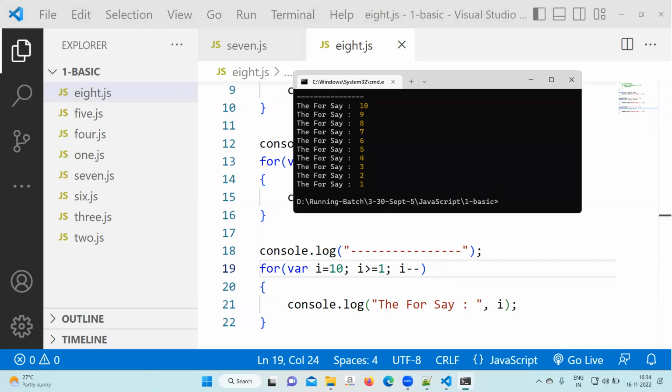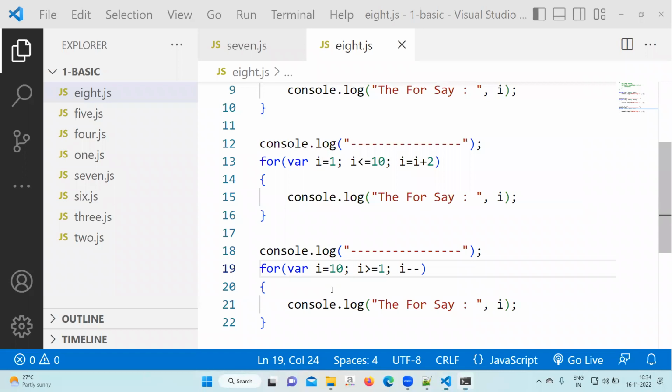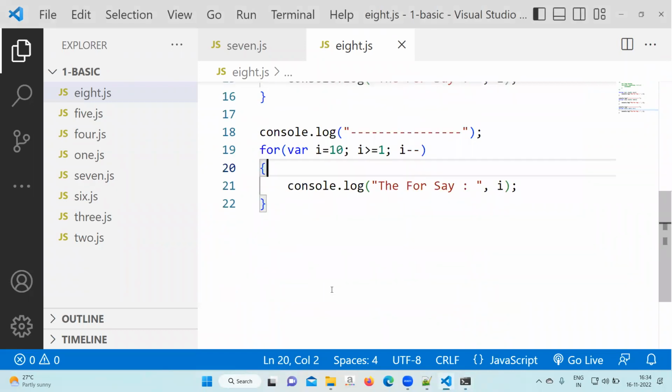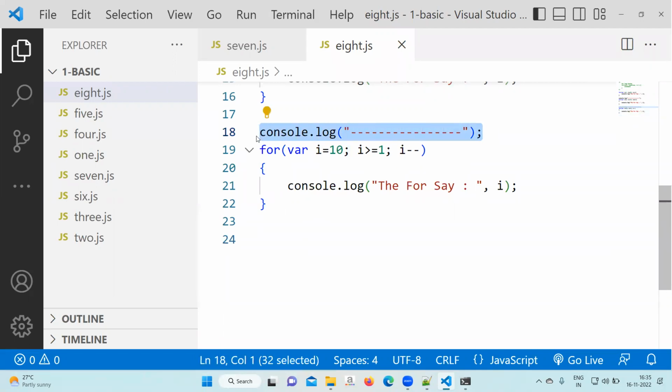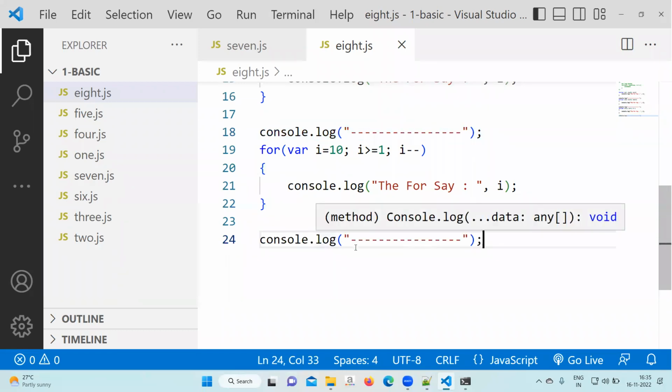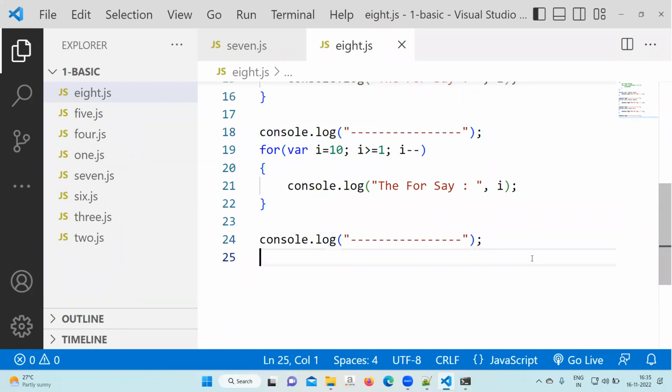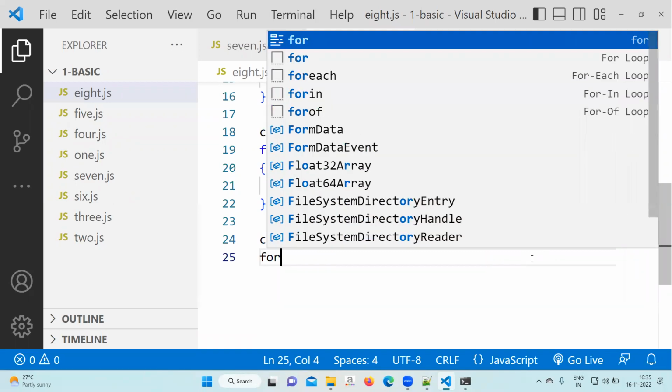Printed into 1. Now while printing 1 to 10 or 10 to 1, we can check inside also whether a particular number is odd number or even number. So for that, write one more console.log and write below or